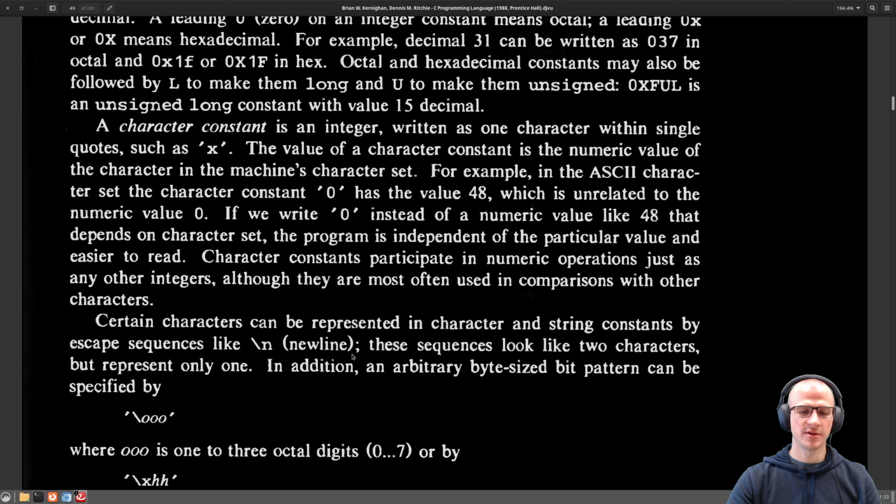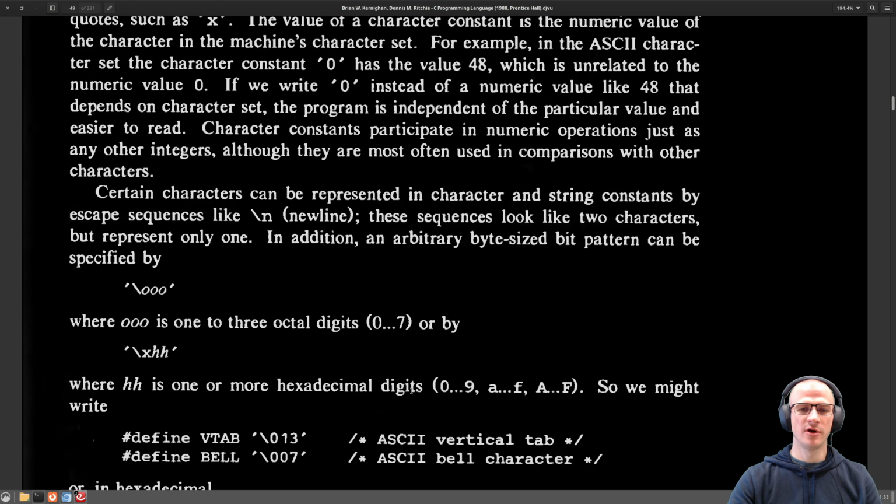In addition, an arbitrary byte-sized bit pattern can be specified by \ooo, where ooo is one to three octal digits, 0 through 7, or by \xhh, where hh is one or more hexadecimal digits, 0 through 9, a through f, or capital A through capital